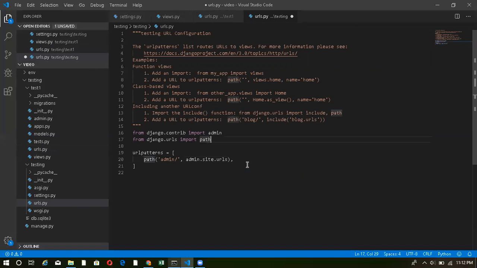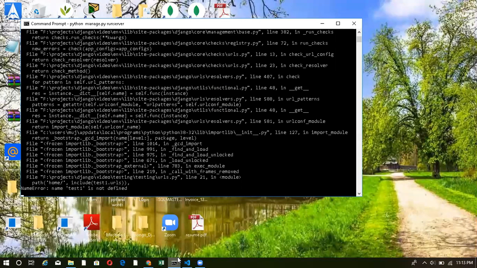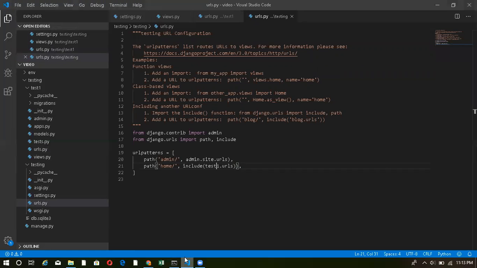And then I have to include my file, that is test one urls. Okay, now once I run my project, you have to mention it like this inside single quotes.